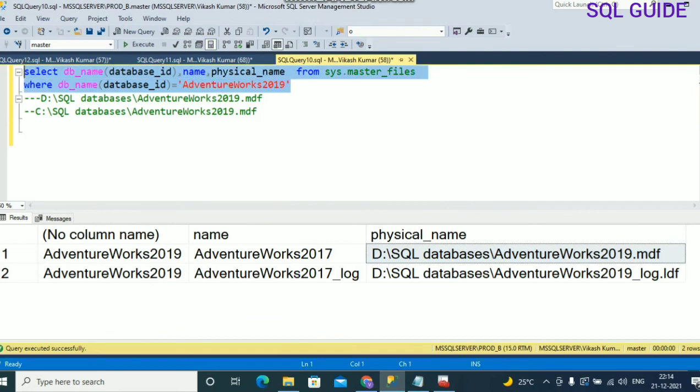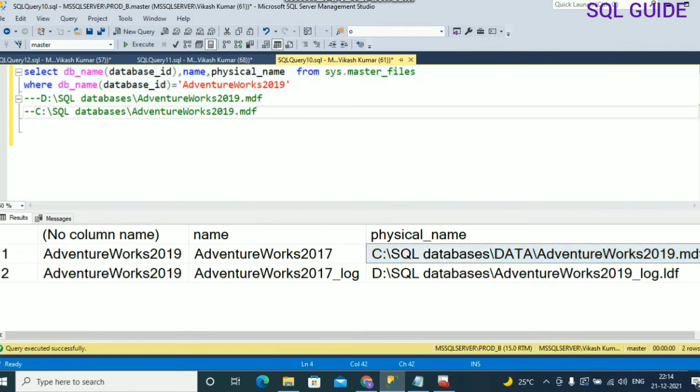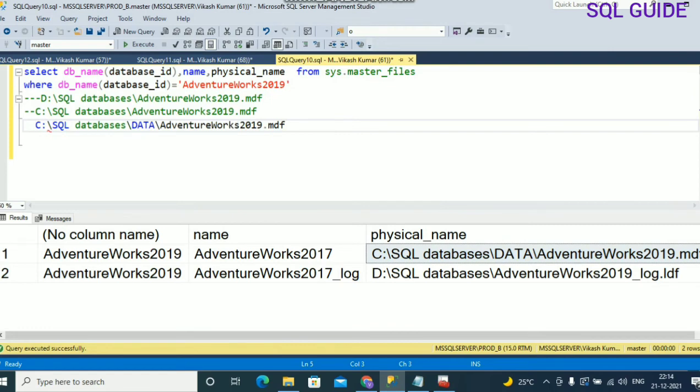Let's run and check it. You can see that the file has been changed successfully and moved to this drive: SQL database, data, AdventureWorks MDF.